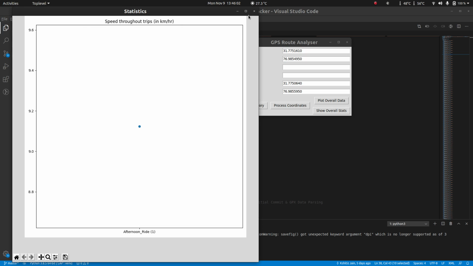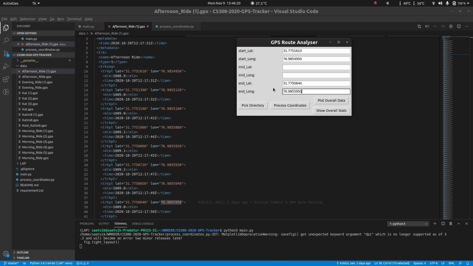because this is only one route which we have analyzed for this. This is actually why there is a singular point: there is only one route in the GPX files between these two coordinates. So there is only one speed point we can find in this graph, and suppose there are two routes for these two coordinates. There isn't right now,